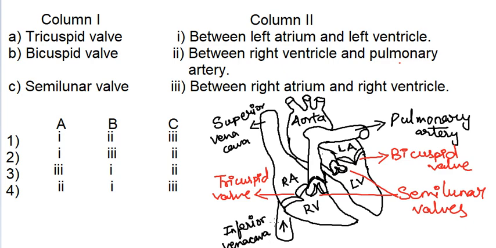This is the superior vena cava and inferior vena cava. These are the veins that carry the deoxygenated blood. The superior vena cava carries deoxygenated blood from the upper parts, and the inferior vena cava carries the deoxygenated blood from the legs and the lower portion. These two veins dump the deoxygenated blood into the right atrium, right? And there is a valve present between the right atrium and right ventricle. That valve is known as the tricuspid valve. Why is it known as tricuspid valve? Because it has 3 flaps.